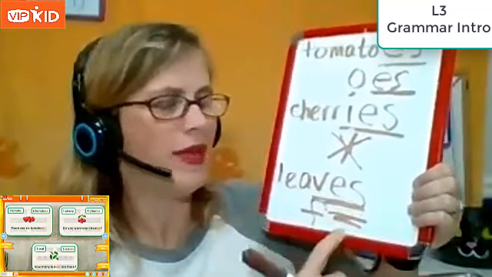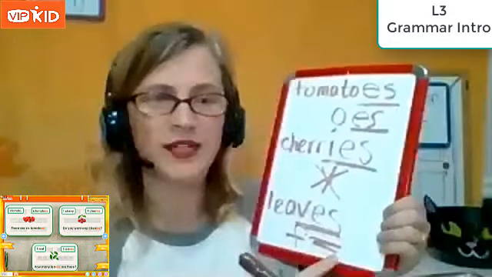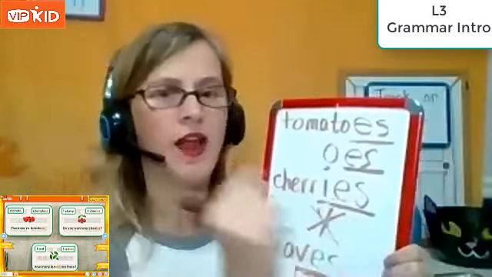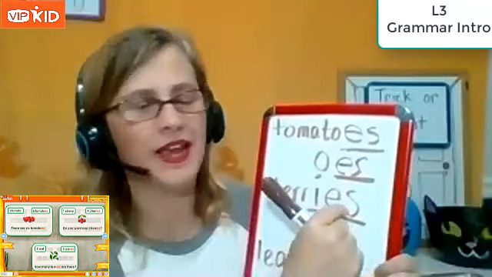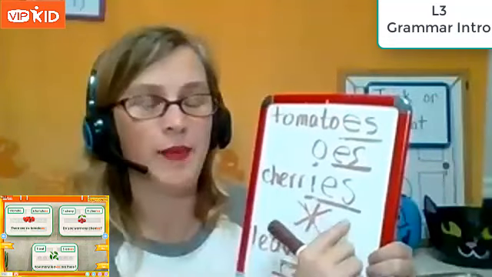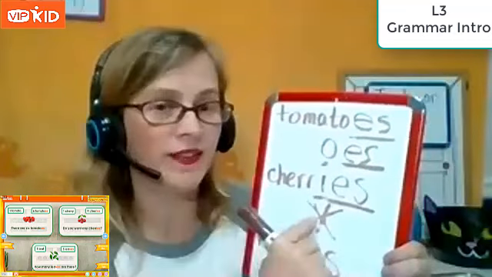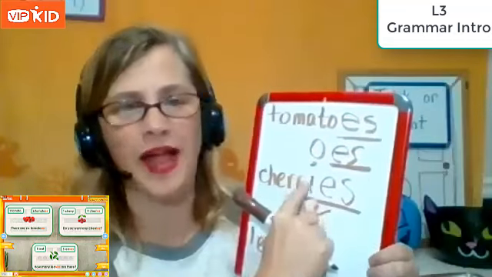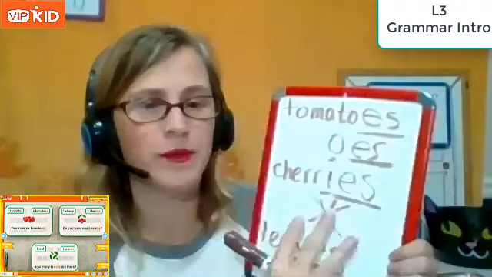Good job. And this is something they've learned in the MC classes by this point, but they're really looking at not just taking that tomato and add ES, or change the Y to an I and add ES, but really thinking about, this is something I have to do. Oh, I'm changing that Y. I'm taking it off and I'm adding an IES. So they're trying to come up with that rule for themselves